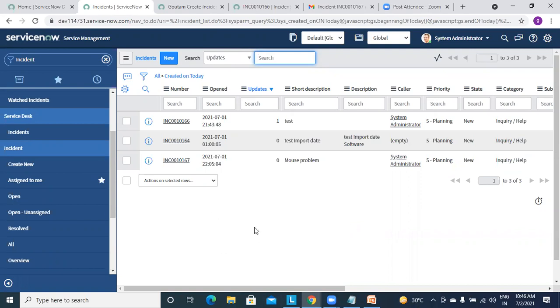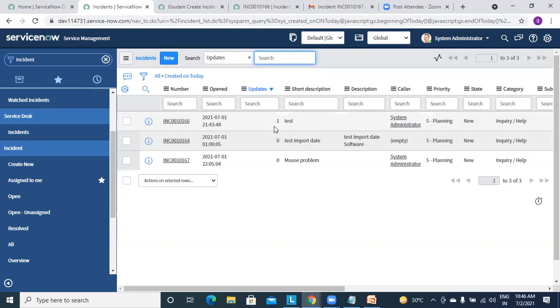And one more thing, not related to email inbound or anything, but you can see that updates field. It will count how many times this incident got updated, how many times it got saved with any changes. So it will go on like 1, 2, 3, however many times you made changes on that. In real cases, there are some reports which managers see.